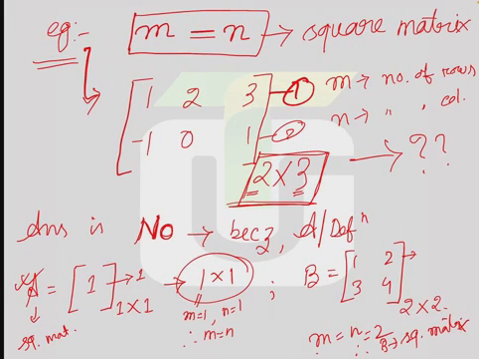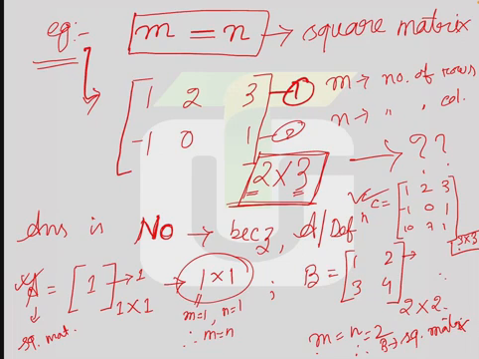Okay, so next, if we take another matrix, that is C, and C is 1 2 3, minus 1 0 1, 10 7 1, suppose. Okay, so the order of the matrix is what? m by n. m is the number of rows, so 3, by columns 3, 3 by 3 matrix. Okay, so 3 by 3 is what? Number of rows is 3, number of columns is also equal to 3. That means m is equal to n. So we can say that C is also a square matrix.